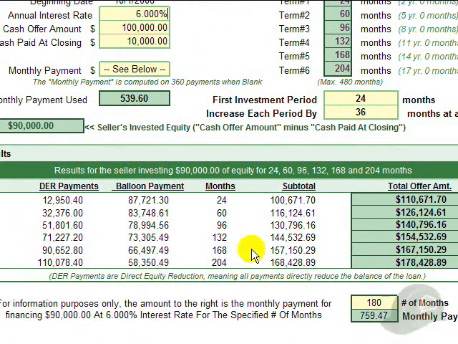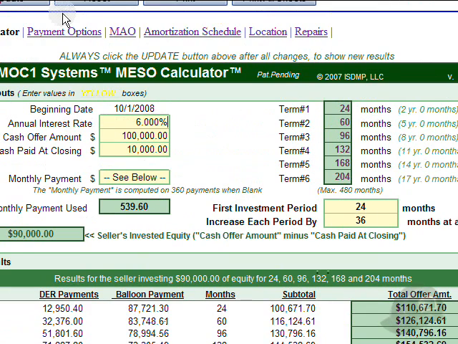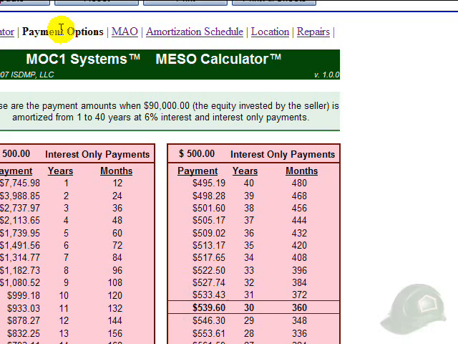We can look here. If you decide to make the payments based on some number of months other than 360, then we could put in the number of months here and see what that would be. For example, if you wanted to base the loan on a 15-year amortization instead of 30, the payments would be around $760 a month. To get a picture of this, we can click on Payment Options and look over here